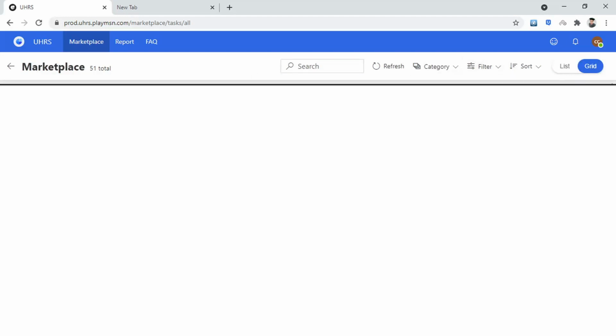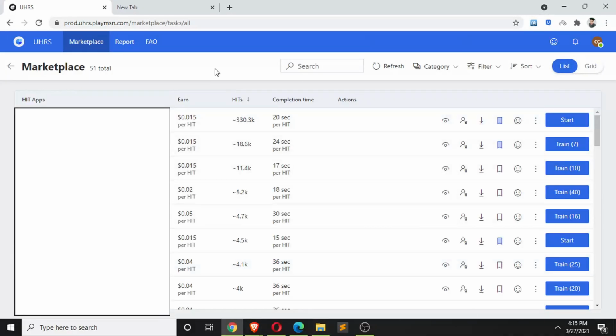After you click on All, you will be seeing all the HIT tabs in this grid view. I'll tell you to do this on the basis of list. So you'll see one grid and list. Click on list. Once you click on list, you will be seeing it in a list view, and the list view is far better than grid view. It looks better. You will then click on hits, right? Just click on this hits, and it will sort on the basis of hits.